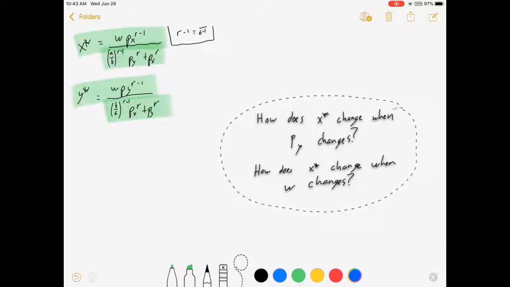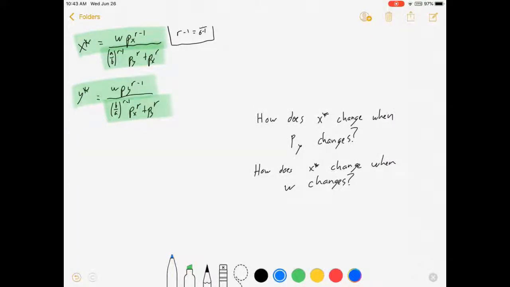So, I'll do the first question in blue. To answer this, we use our calculus. I'm going to go dx star dpy. And that finds the rate of change in X given a change in Y. And this is going to equal negative RW